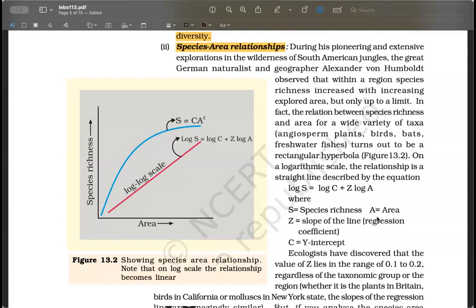Right. So that's what everyone thought back then, that if you keep exploring more and more areas, you will keep finding more and more species richness. But it turned out that what we keep finding more is individuals of the same species rather than new species. And what you are talking about is at a human scale. If you go to the Amazon forest, we still find new species there because we have not explored even half of it.